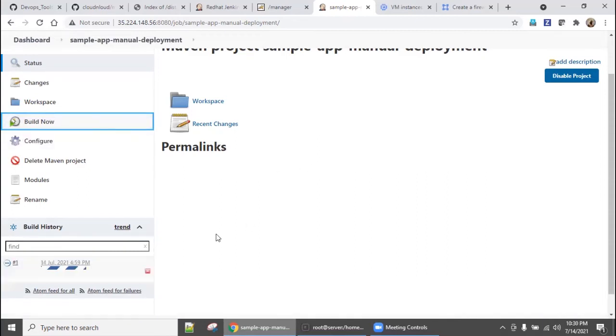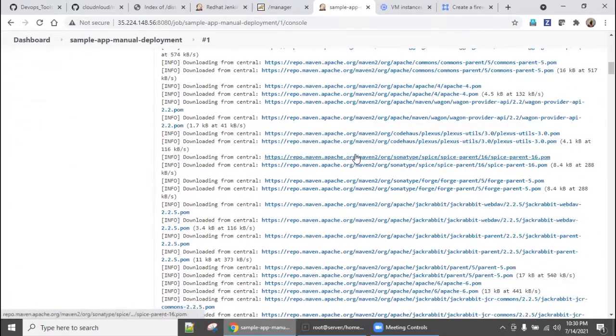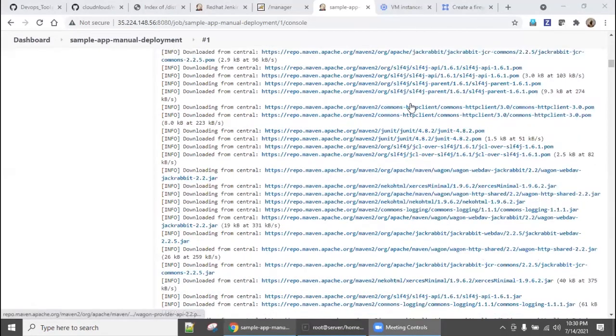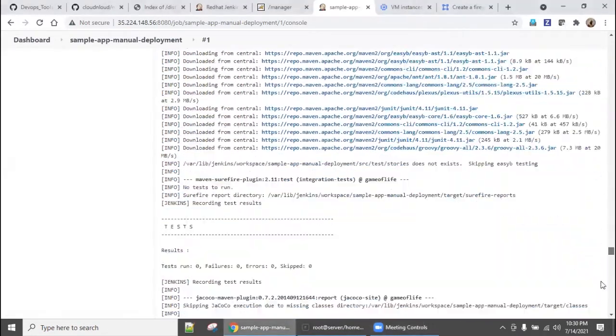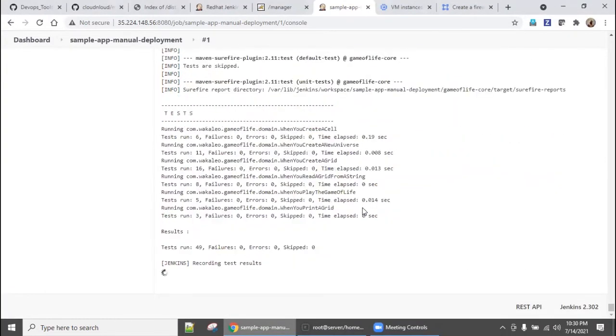Wait for it. See the first icon rotating; click those three dots so that you will see the log, what is happening. See here, it is getting cloned from your GitHub using git clone and this GitHub URL, right? Come down, automatically using Maven, it started compile, then it started build, and then you will get the war file. It also started running some sample tests using this code.